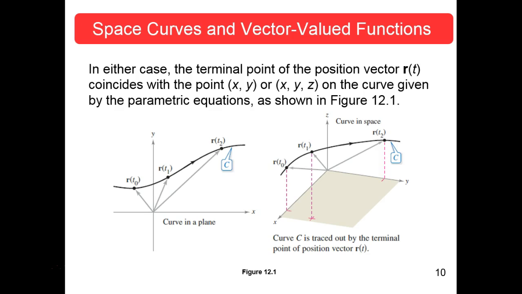Okay? At parameter t1, I keep saying time t1, parameter t1, you've moved over here. It looks like the x has stayed about the same, but the y has increased. The z certainly has increased as well. And then at some value when t is equal to t2,